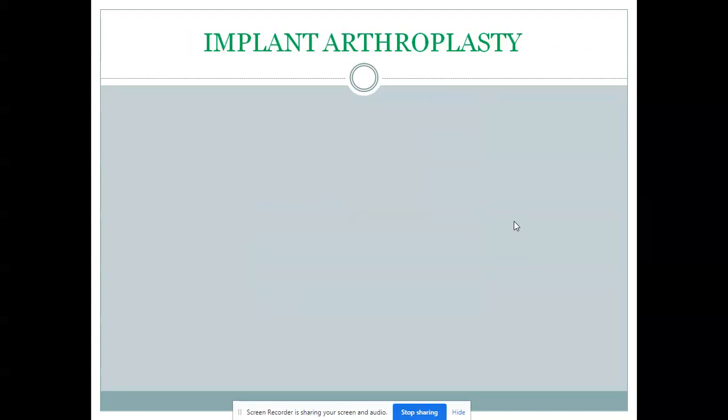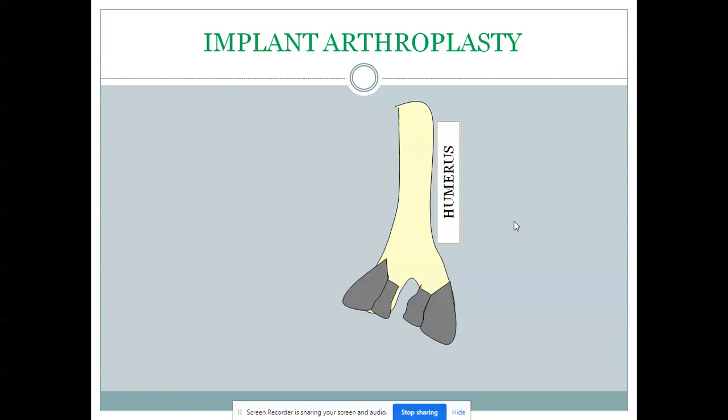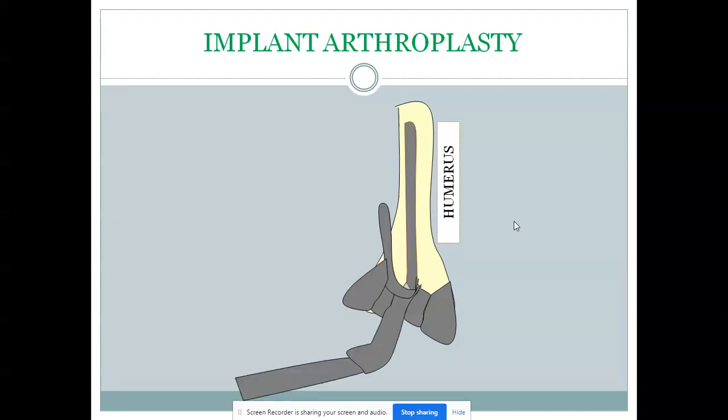The last part is implant arthroplasty. It is similar to other joint arthroplasties, where your only difference is that the elbow joint has a hinged movement. So it is a hinged joint, and you have to implant something which is a hinged prosthesis. Let's look at how the implantation looks in the elbow joint. This is basic arthroplasty, just replacing the bone with the prosthesis. Now the implant, which is hinged, will look something like this. This center part is hinged.